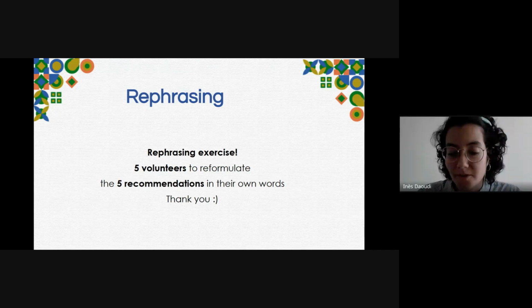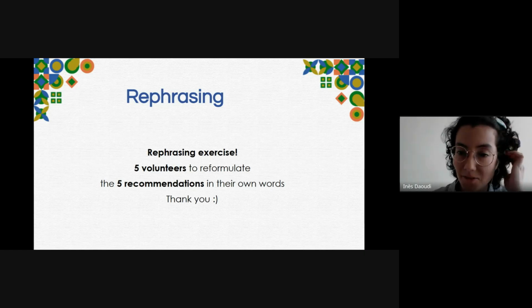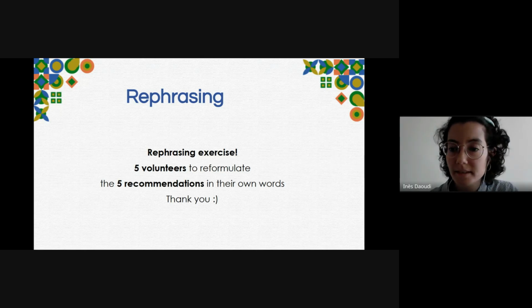Thank you so much for sharing with us this experience, and you're totally right. That's why it is very important to have this relationship with the donor and to include them in the project, because as you said, then it will open for a second school and so on and so forth. So yeah, thank you very much for this illustration. So yeah, who wants to volunteer about the small exercise that I gave you about rephrasing the 5 recommendations? I've seen someone else. Promise, if you wanna start.